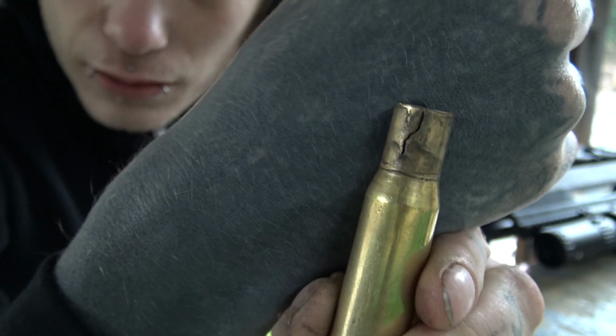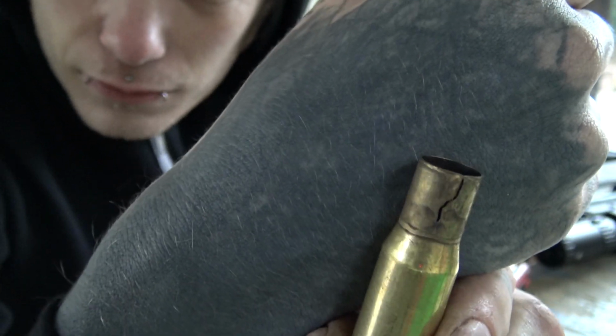Every single round I've shot, I'm splitting all of my cases. But the eyepiece on it is like, I mean,